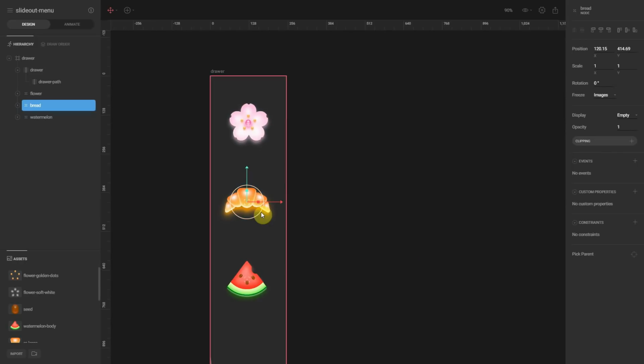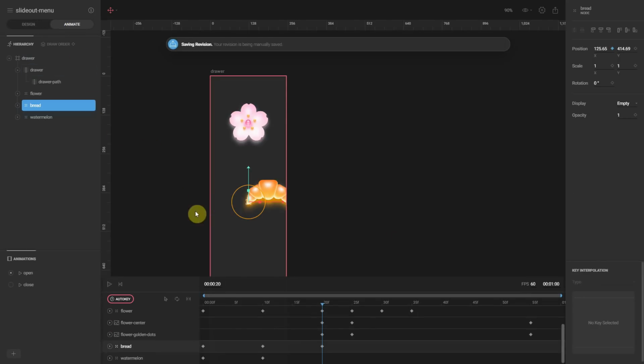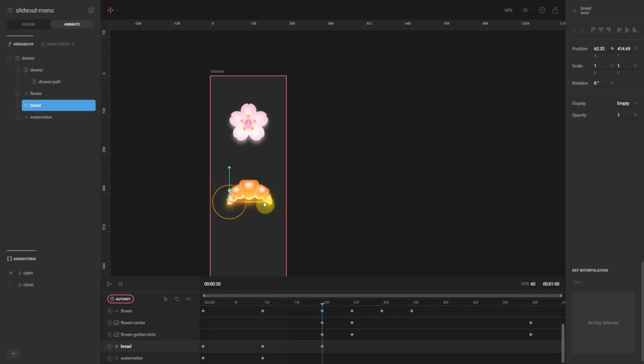Select images. This tells the editor to keep the images at the same position so that we can move the nodes around without affecting the images. With your group still selected, click anywhere on the canvas and move your anchor point to the bottom left of your bread. Since the anchor point has moved, we now have to go readjust the bread position at the 20